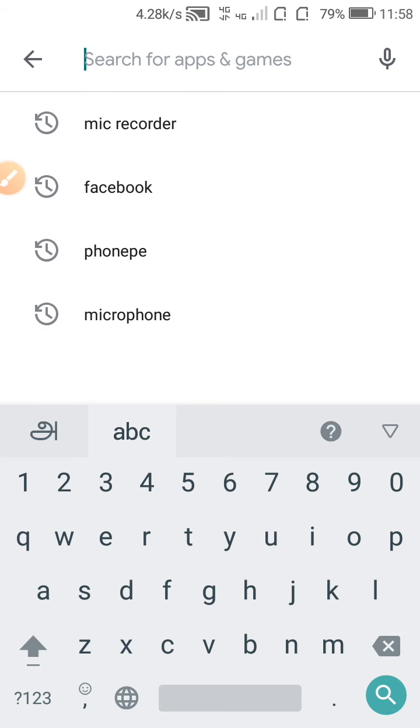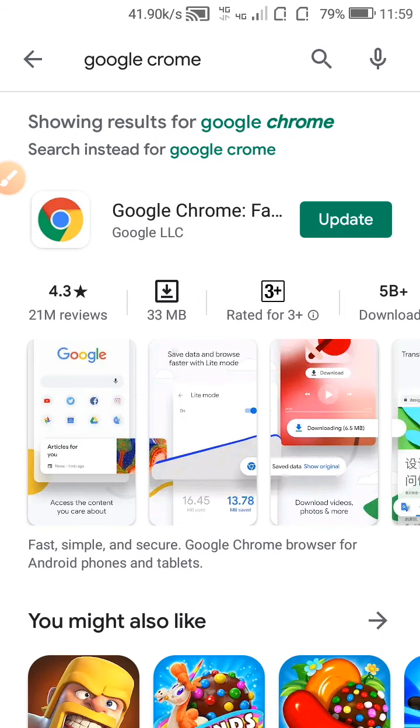Click Google Chrome. I have already installed Google Chrome, so now it will appear as update.